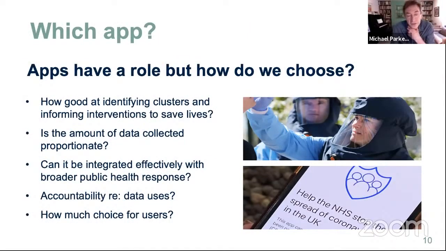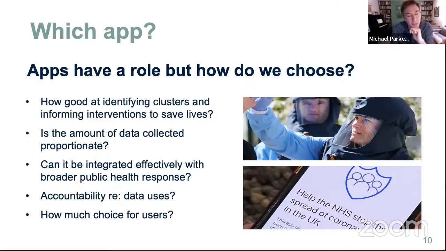One of the choices Christophe mentioned in his talk was between the different types of apps that are available, the range of different possibilities, including the Google, Apple model, but also others. And it seems to me there are important questions we need to ask when we're thinking about which of those to choose. So one of them we might want to ask is just how good are they at identifying clusters and informing the interventions that we want to see happen to save lives? The second question is going to be how much data do they collect, and is that data proportionate to the goal? A third aim would be, how can it be integrated effectively within a broader public health response, given the